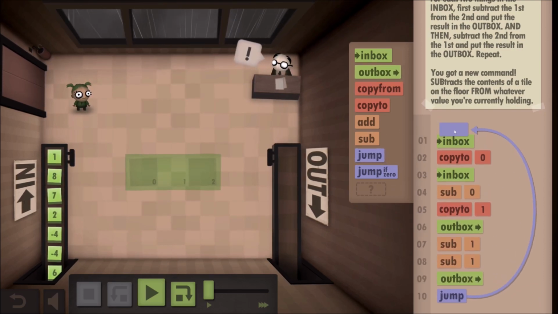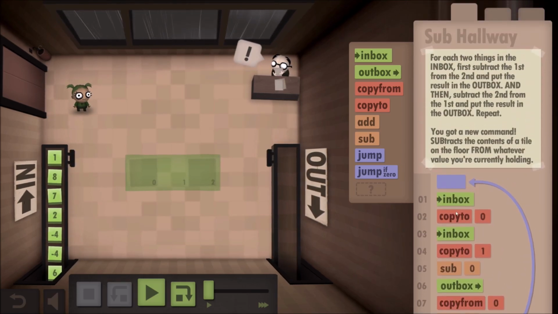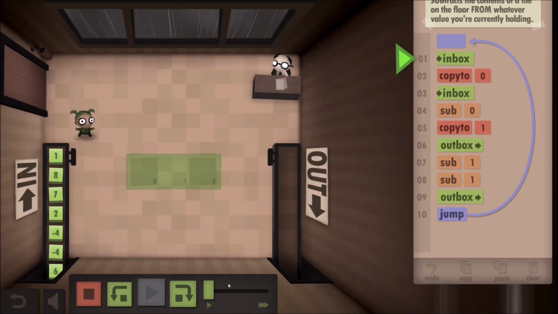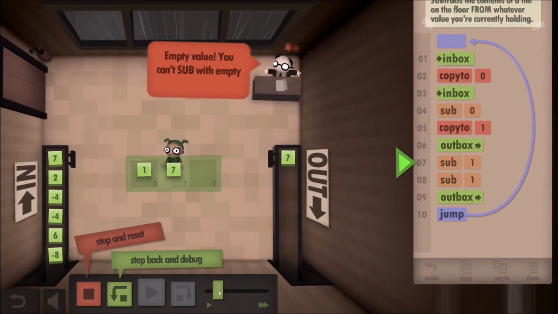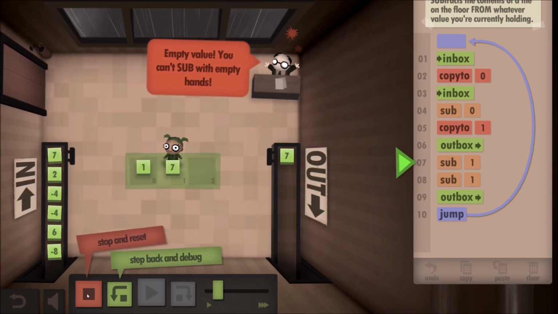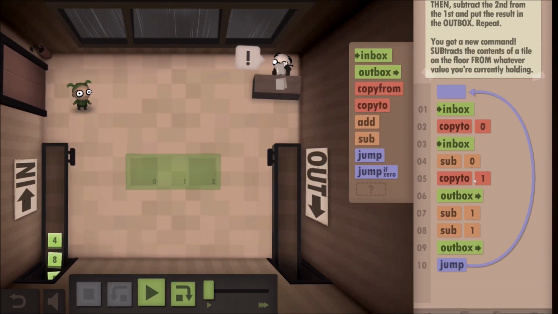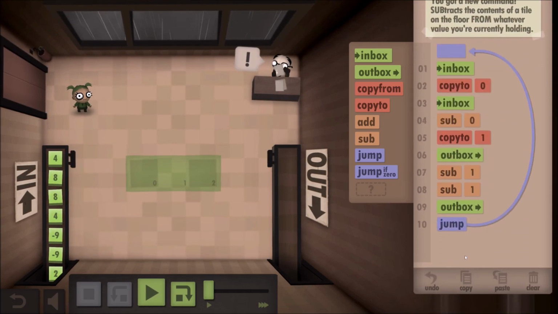Is that any more efficient? I don't remember. Wait, how many lines of code was this one? Oh, it was still 10 lines of code. I think this will work, but it wasn't any more efficient. Empty value, can't sub. Oh, because I don't have the value in my hand. So I would need to pick it up again anyways. So this isn't even going to... I mean, it will work, but it's not...